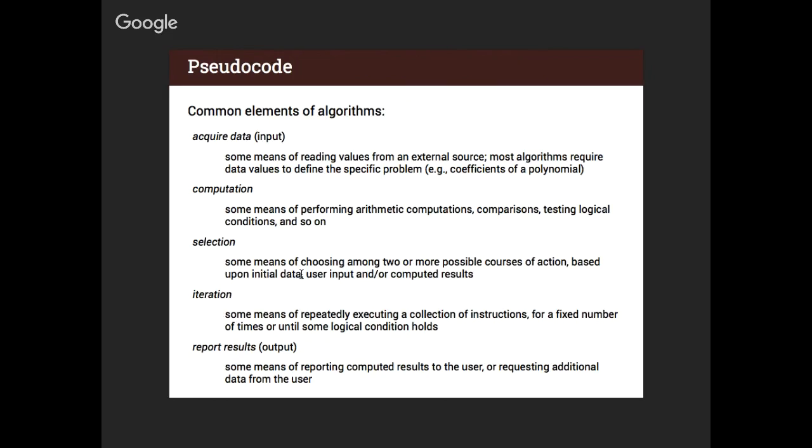Iteration is the missing one, which means to repeat. Sometimes, if I want the computer to do some step, like filling a jar 20 times in a row, I can write my solution and repeat the step 20 times. But that's really wasteful. So I'd rather say something like, in iteration, repeat the following steps 20 times. The following steps is simply some kind of computation, like empty a jar, fill a jar, or what have you. So this will be our language.